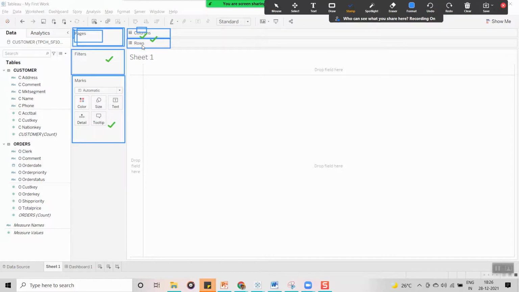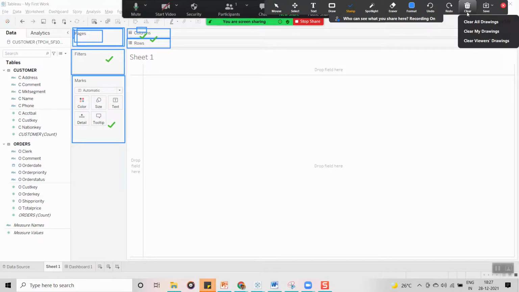Shelf means, for example, at home if you have one rack, you distribute it into a bookshelf and a cloth shelf, and keep only books in one and only clothes in the other. Like that you organize it. So here also, shelf means the fields you keep in it. Right, now let me show you how it works.